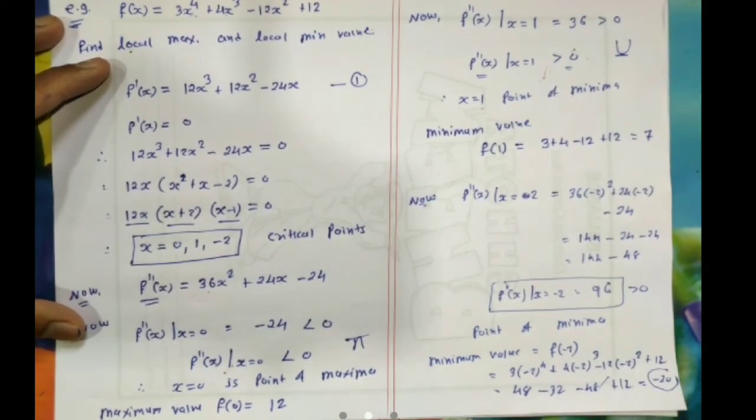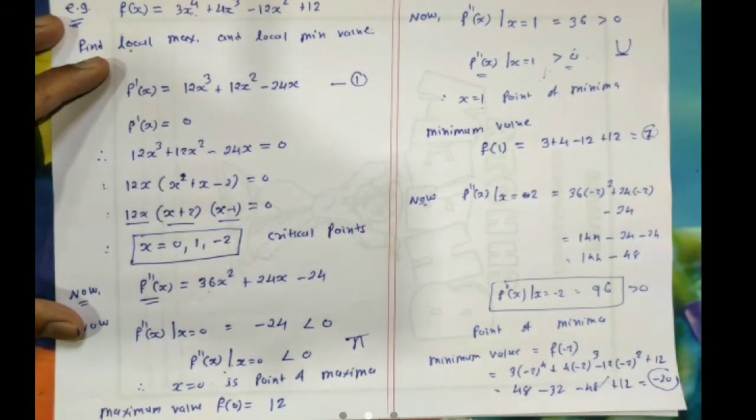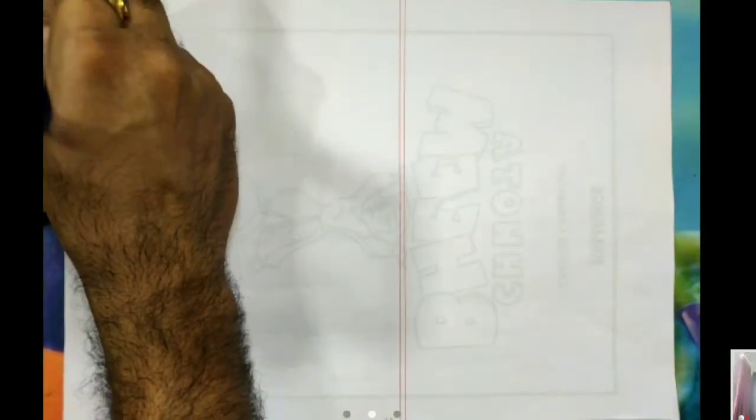So this is another local minimum value, and the local maximum, which is 12. Done. So for any function we have discussed, a function may have these. Now second example,